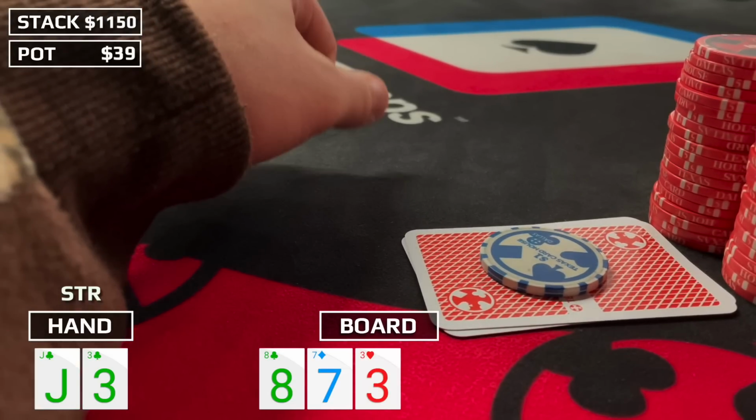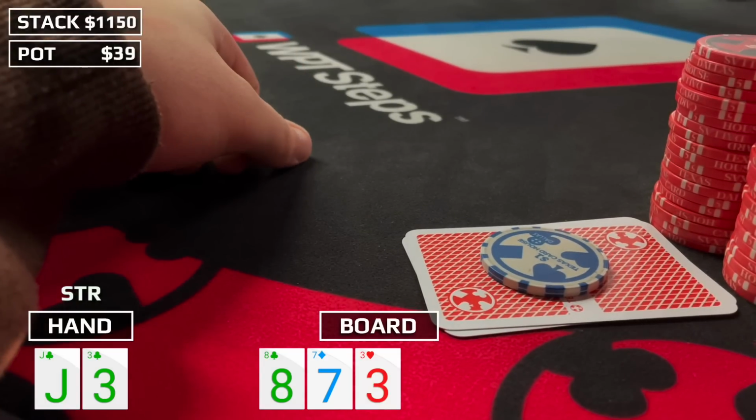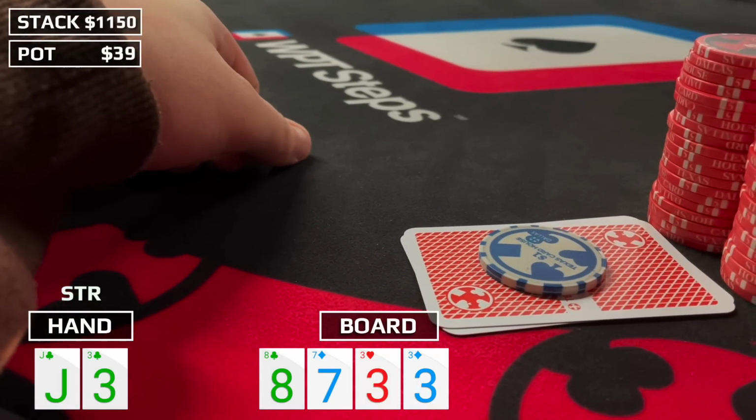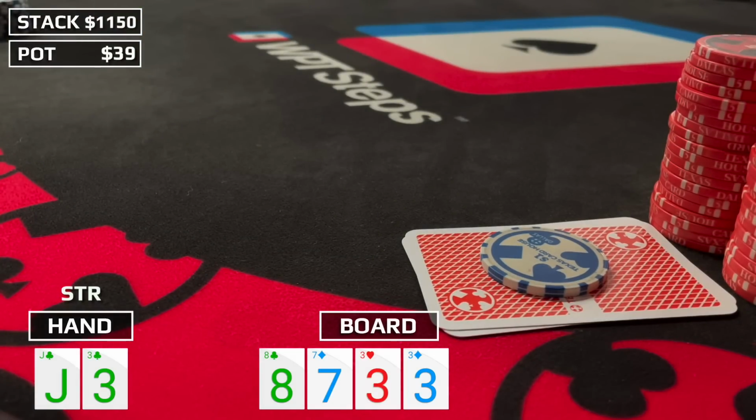We have bottom pair, but we're going to get to see a turn card when the action checks around. The turn card is absolutely magical. It's the 3 of diamonds. We drill trips, and it's going to look extremely disguised. Obviously, when the action checks around on the flop, our opponents are probably not going to have too much, but